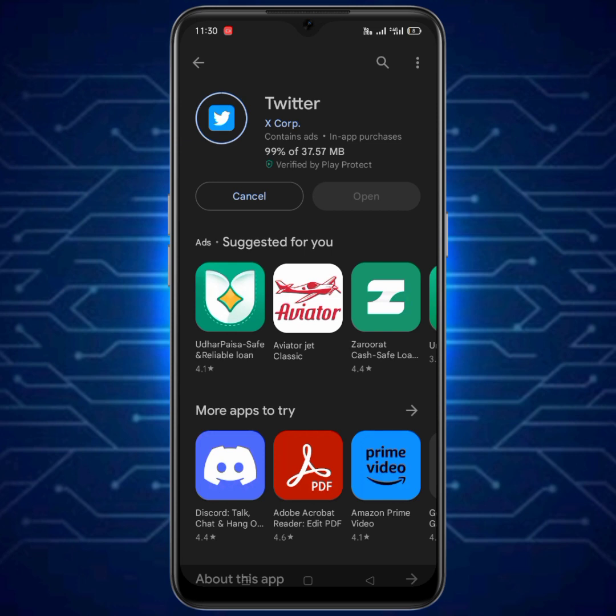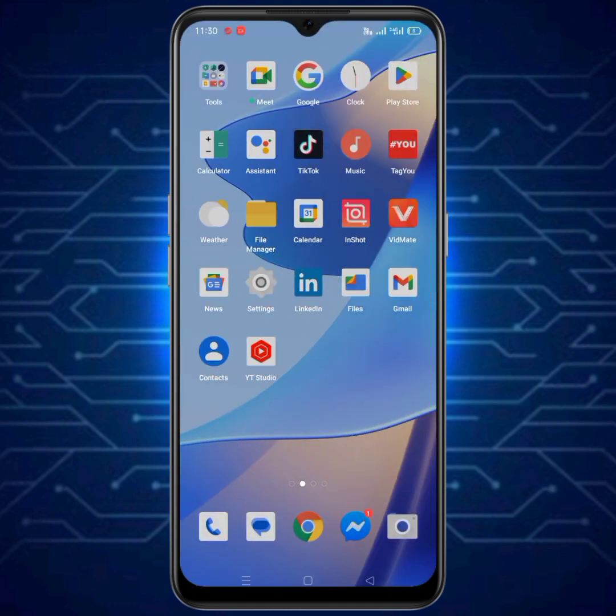So guys, Twitter download complete. After that you have to log in to your Twitter account, and after that you have to come back and then